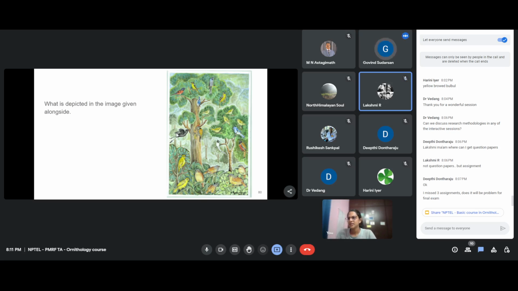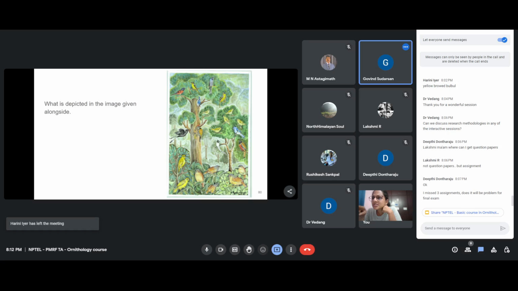Ma'am, is there any way to get the previous exam question paper? I don't think so. There's no previous question paper. I don't think everyone should stress out about question papers and marks and scoring. The whole idea is just to learn, and I think NPTEL in the course itself provides a plethora of questions. Every week you have multiple choice questions. Jobin has a lot of questions, I have a lot of questions. So in terms of a question repository, you have a good question source.